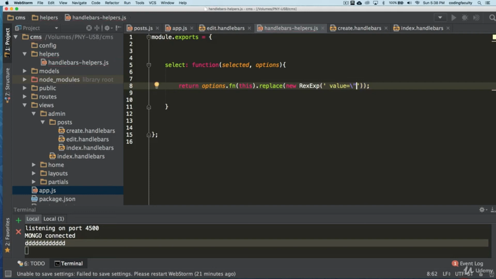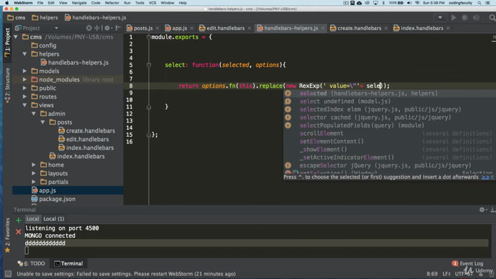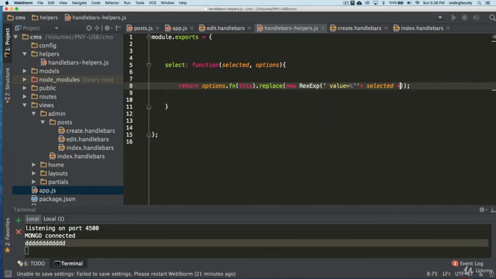let's escape that real quick, and then we're going to concatenate the status, like this. And that should do it. We are just escaping those quotes there. Let me see. Select post status.